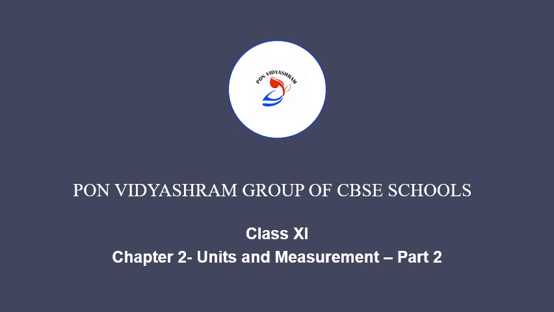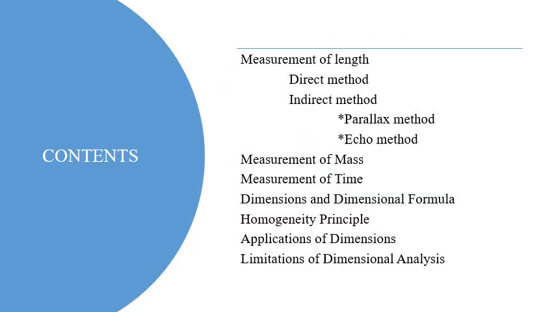In the last video we discussed some international systems of units like CGS, FPS and MKS, etc. And we discussed the SI unit also, and it consists of 7 basic units and 2 supplementary units. All those things we saw in the previous video, and we'll see the rest of the topics in this video. Okay, let's see the contents of this video.